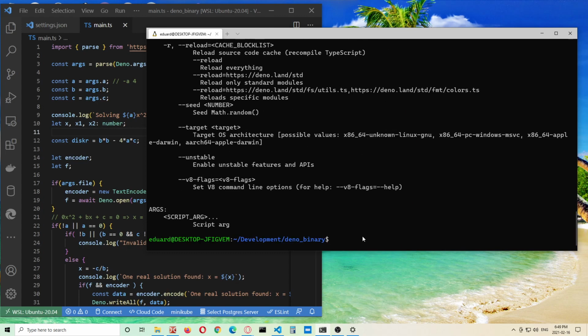So this is a new feature that came into Deno 1 point, I don't know, 1 point, very recently. It's very recent. So it came into Deno, let me check. I think